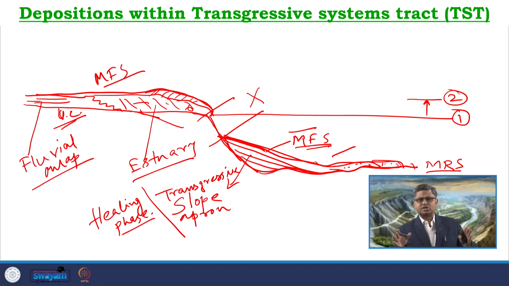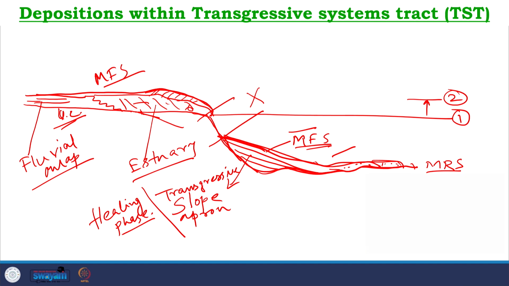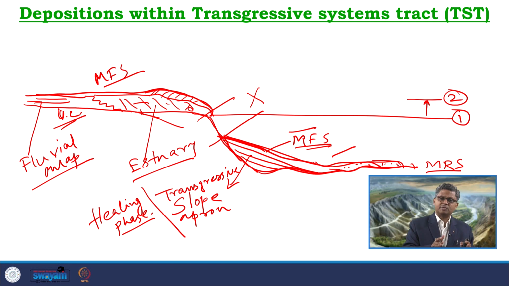Now, this is the overall distribution of the sediment packages starting from fluvial to depressional part in the frame of sequence stratigraphy, in the frame of sequence stratigraphic elements. But if I want to understand this in a little bit more detail, then we have to divide this entire distribution pattern of processes and products into two halves. First, the early phase of the TST, the early phase of the transgression, and second, the late phase of the transgression, the late TST package. So, let us see what happens during the early phase of TST.